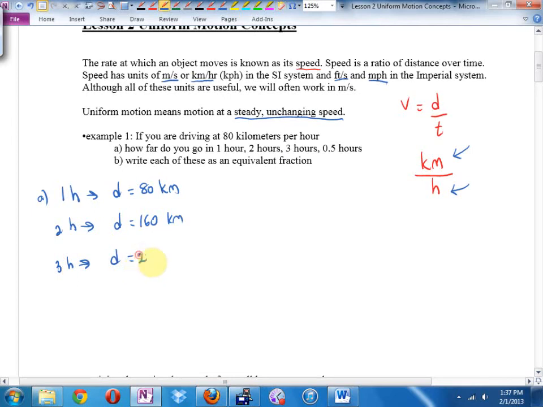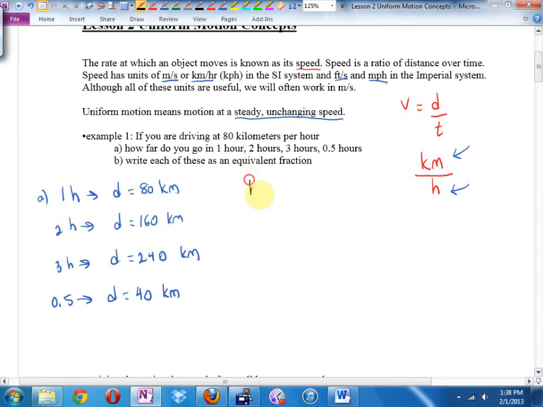$240. Ooh, half an hour. That's what part A asks. B says going a little more obscure, but we're trying to build to a mathematical method of getting there so that we can't do it in our head. It still works. Write it as an equivalent fraction.